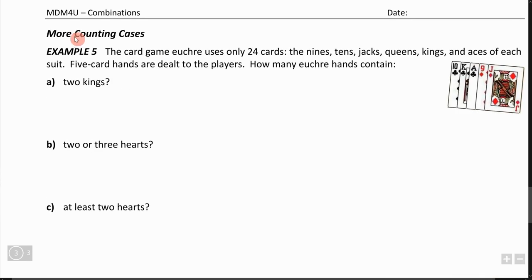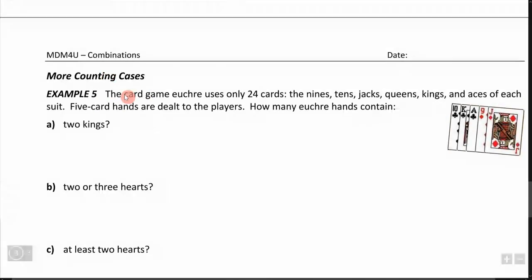Okay, more counting cases. So example number 5. The card game Euchre uses only 24 cards: the 9s, 10s, jacks, queens, kings, and aces of each suit. 5-card hands are dealt to the players. How many Euchre hands contain 2 kings? Okay, so